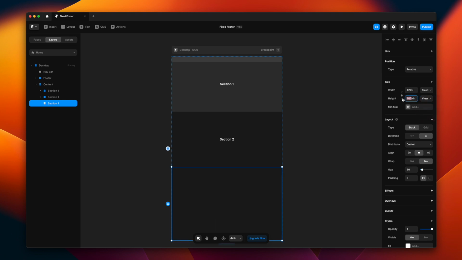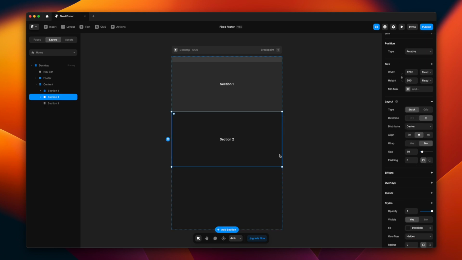So we'll change the height of this section to that of the footer section, which was 85% of the viewport height. You're adding this extra section so that the desktop screen scrolls all the way to the end for the footer to be visible again, because that's going to reveal itself from below, from under the content layer.